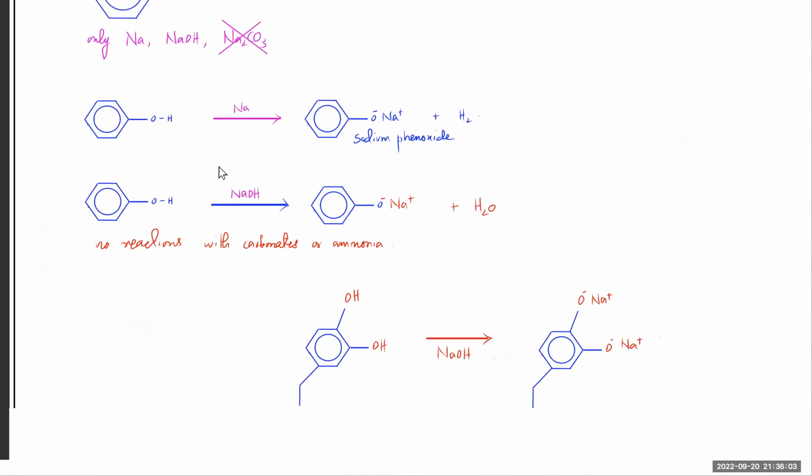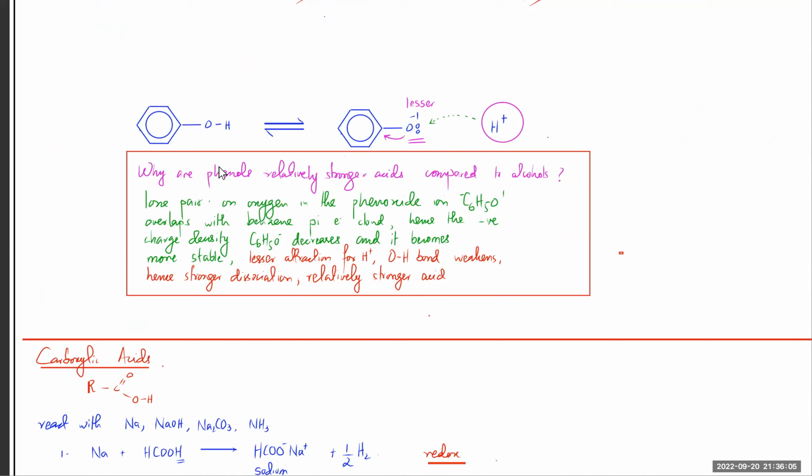And the same thing for phenols. For phenols, you're going to describe that the H leaves, but the negative charge over here is a lot weaker because it overlaps with the benzene electron cloud. So the negative charge becomes lesser, its charge density is lesser. So there's going to be less attraction for H plus 1 ions, and more ionization will happen in this case. So you just have to describe